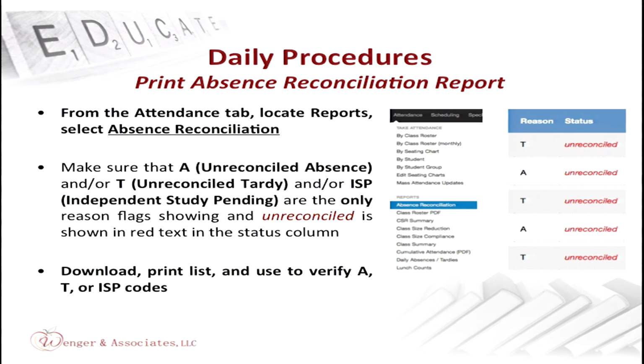You're going to be running, you get into Illuminate, you're going to log in, and then when you get over to your attendance tab, so here you'll know, you're seeing up here you've got attendance, like when you get in Illuminate. You take down on that and you come under reports and you'll see absence reconciliation. Once you click onto that, when you run the report, make sure the only ones showing on that unreconciled report should be your A, unreconciled, your T, unreconciled tardy,